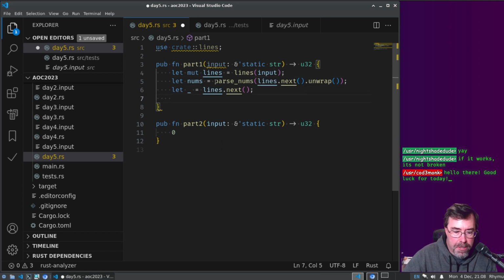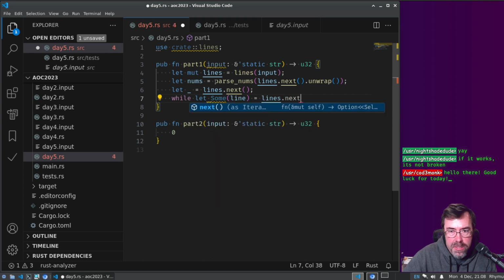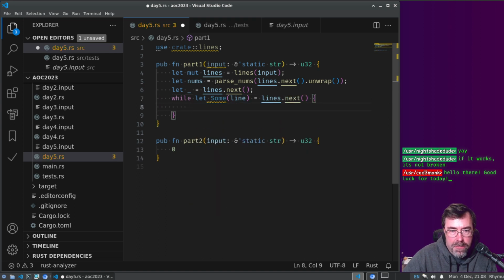And it's going to be while let Some line equal lines next. If, so it's going to be if the